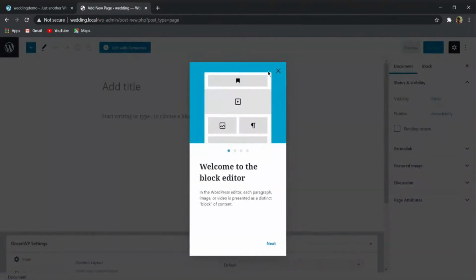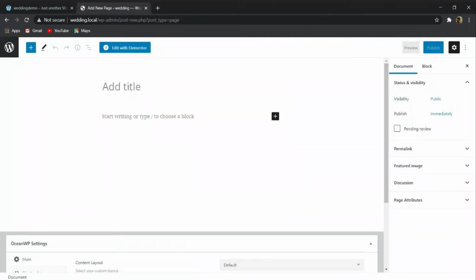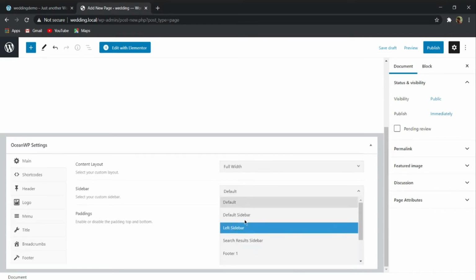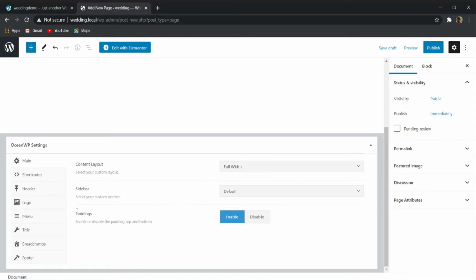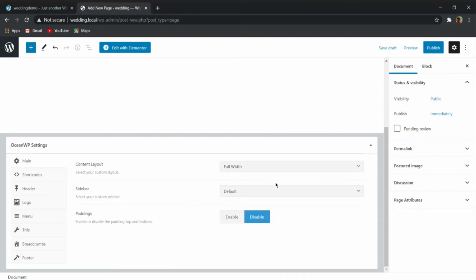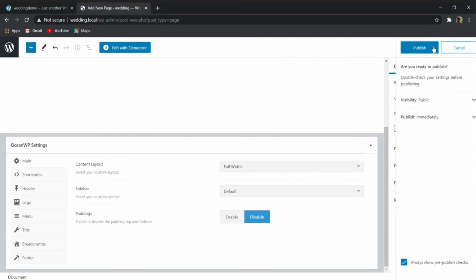Here you will find this add title. Simply type your name. We are creating the home page, so I will type the title name home. Under this you can see the OceanWP settings, content layout. Here it is default. Just make it full width, and sidebar you can leave default, and padding just disable it. We don't need a sidebar because we are selecting full width. Now click on publish,